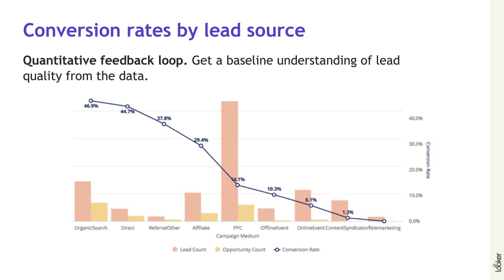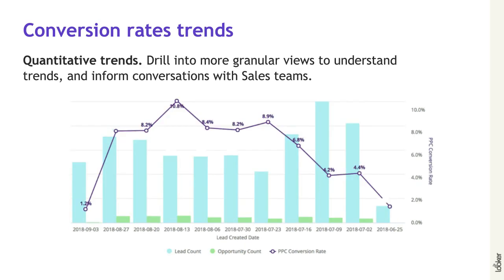Additionally, marketing leaders can use this kind of analysis as the starting point to understand their ROI on various channels and determine the optimal way to allocate their spend. Let's look one step further at conversion rate trends by channel. So here is a view of how leads created via pay-per-click channels are created each week over week and are converting week over week. So from the last slide, we simply drill into the pay-per-click channel and then we add a time field